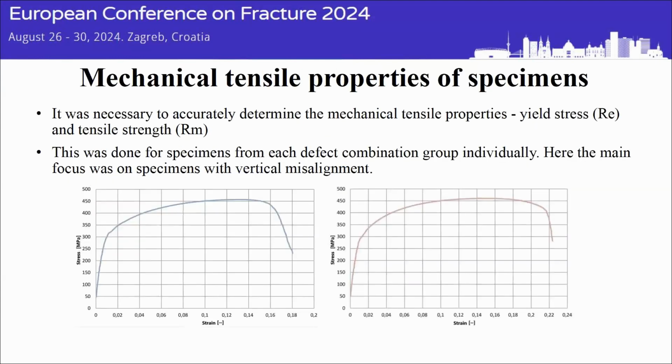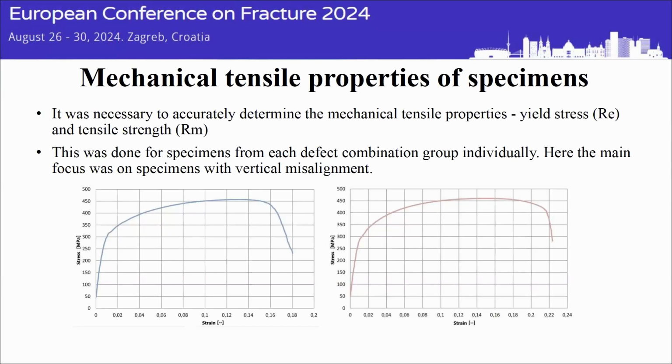following slides. So first, we needed to determine the mechanical tensile properties of these specimens, which belong to two groups, both of which had undercuts and vertical misalignment as the defects. And the difference was, if I remember correctly, one had incomplete root penetration and the other one did not, but that is not important here. So in order to obtain the mechanical tensile properties, the yield stress and tensile strength, of course, experiments needed to be performed first. And based on these experiments,